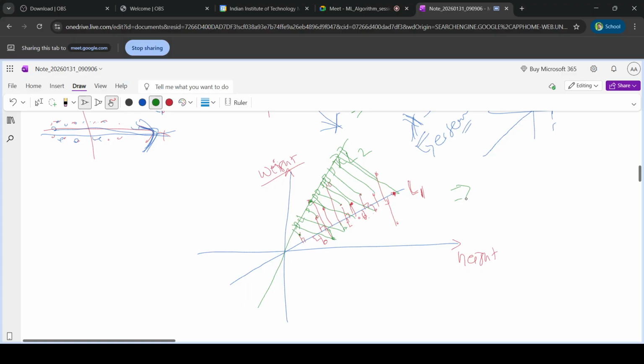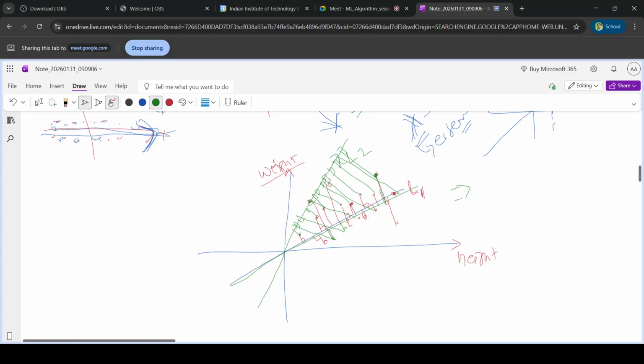Did you understand that we have L1, L2, L3, L4, L5, a number of lines, correct? But we have to choose which is the best line, the one which will give this equation. So I have L1 and L2, but which is the best line? The best line is nothing but something you have to find out,